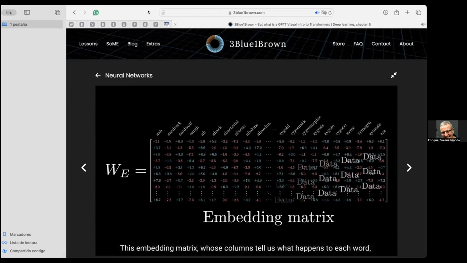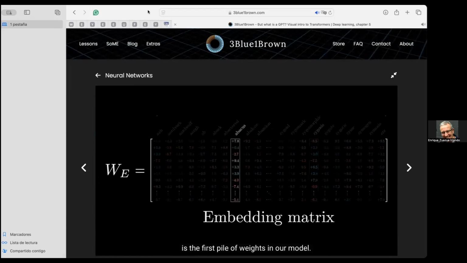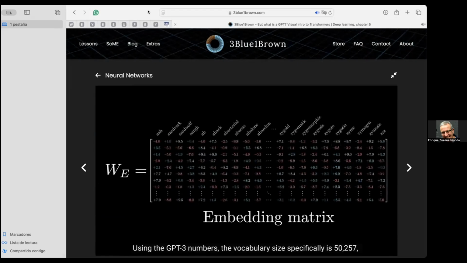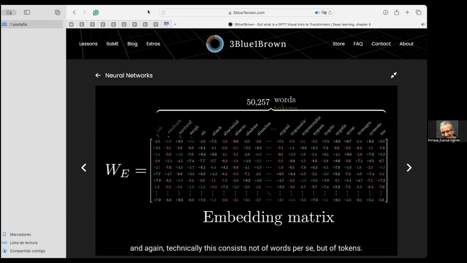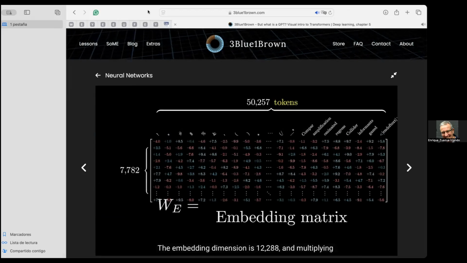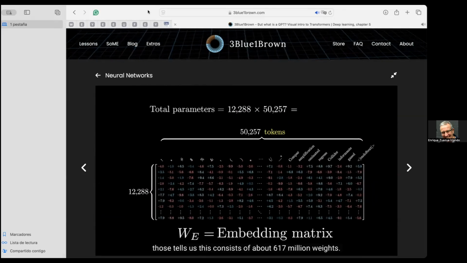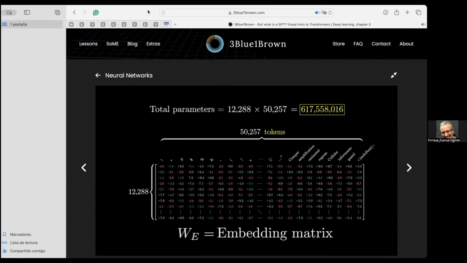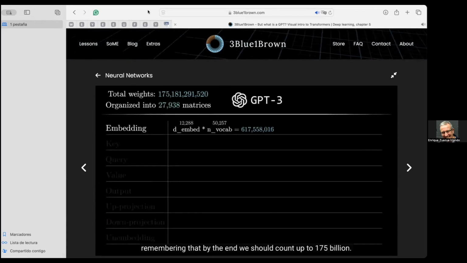This embedding matrix, whose columns tell us what happens to each word, is the first pile of weights in our model. And using the GPT-3 numbers, the vocabulary size specifically is 50,257. And again, technically this consists not of words per se, but of tokens. And the embedding dimension is 12,288. Multiplying those tells us this consists of about 617 million weights. Let's go ahead and add this to a running tally, remembering that by the end, we should count up to